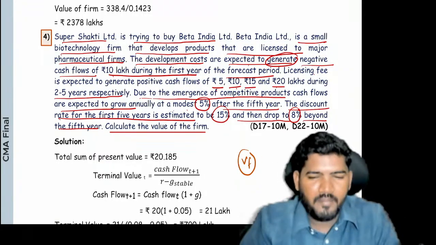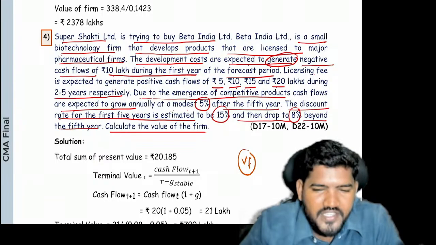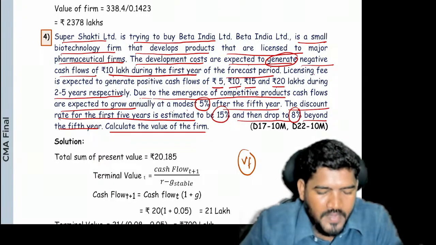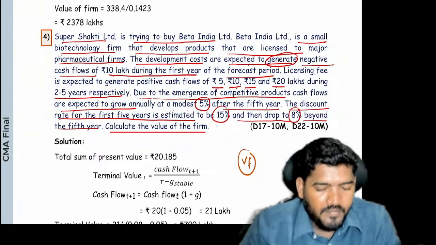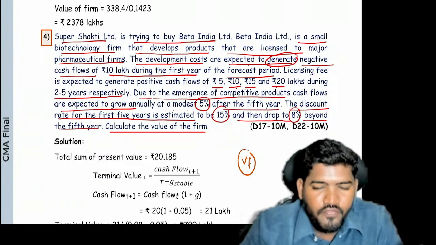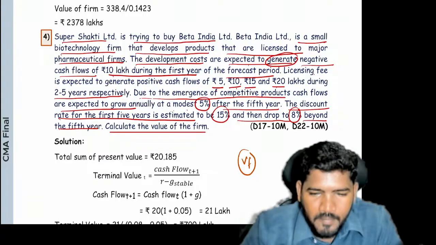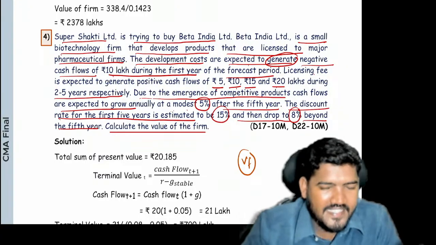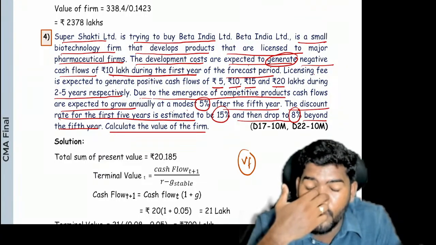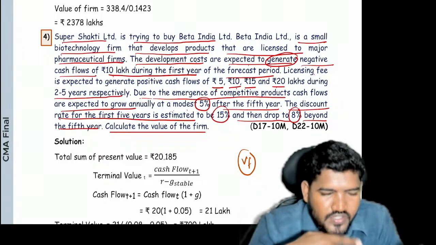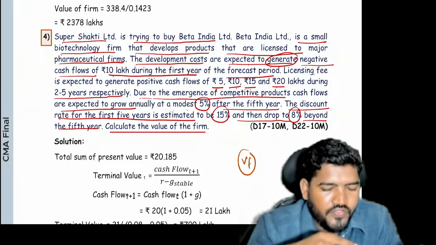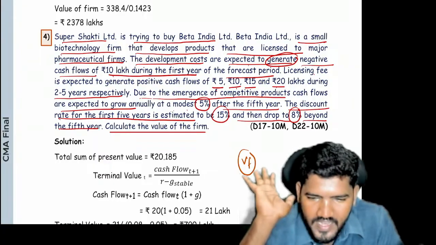It means in this problem you have two types of cash inflows. One is forecasted cash inflows. What is the meaning of forecasted? If you know the number of years of inflows, that is called forecasted cash inflows. Yes, for 5 years I will receive forecasted cash inflow. Up next, for the terminal, perpetual life, we will receive another cash inflow. For the purpose of perpetual life calculation, I said example 4 and example 5, with growth and without growth, indefinite life. So inflows are always of two types: forecasted cash inflows and perpetual cash inflows. The combination of this forecasted cash inflow and perpetual cash inflow is known as the value. Guys, clear? Now see,